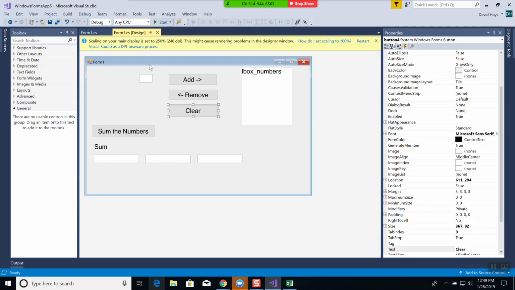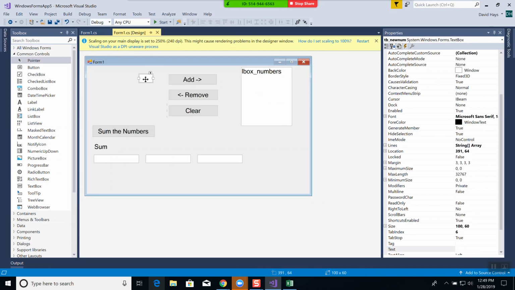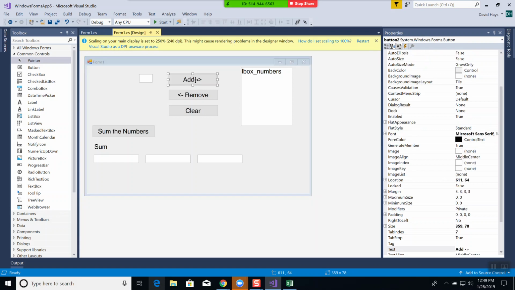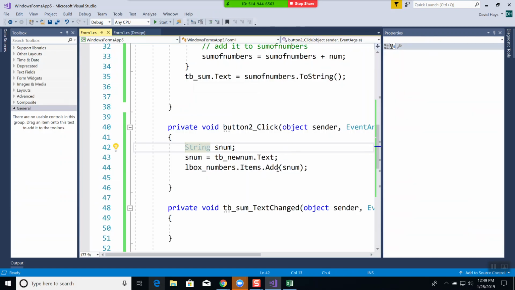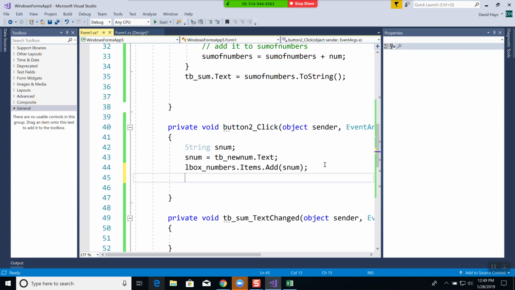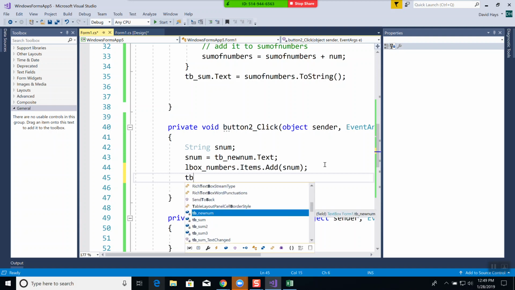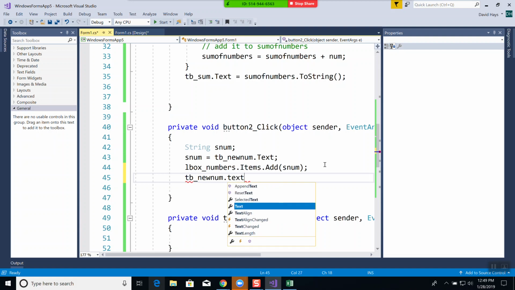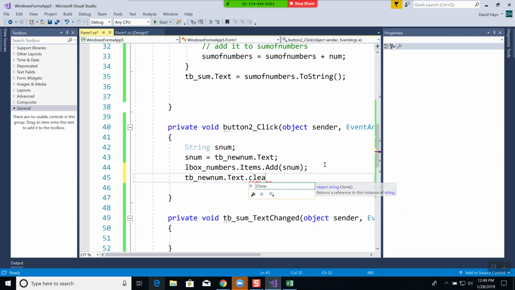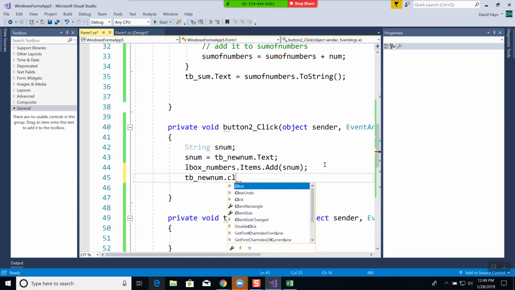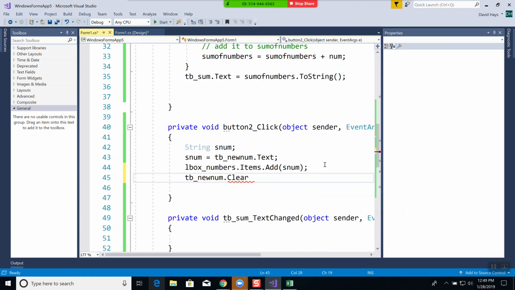So let me come over here. When I click the add, I want it to clear this text box right here, tb_new_num. So I'll double click that. Come down here, and I'll say tb_new_num.text. I don't know if it's there as a dot clear. Maybe tb_num clear. Yeah, there is. That's not usually how I do it, but